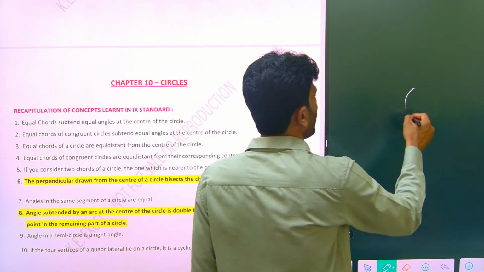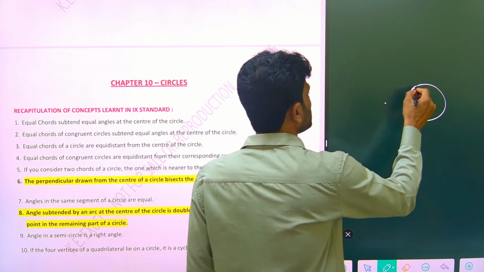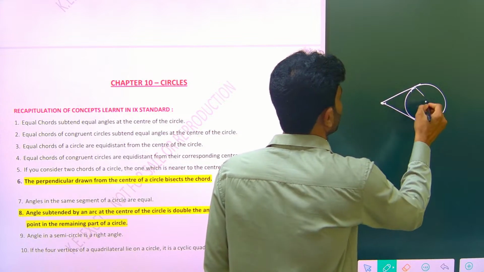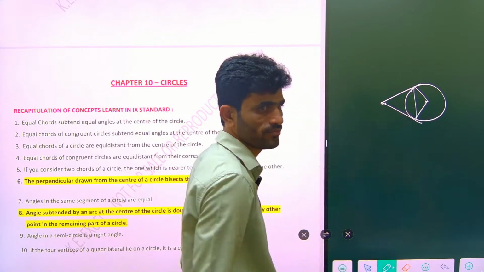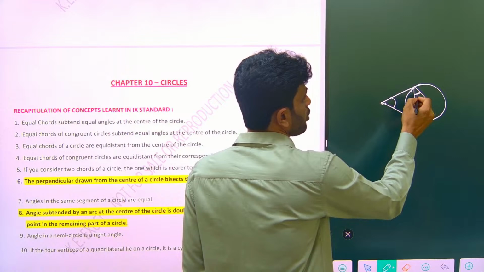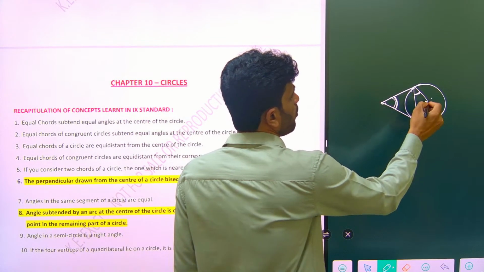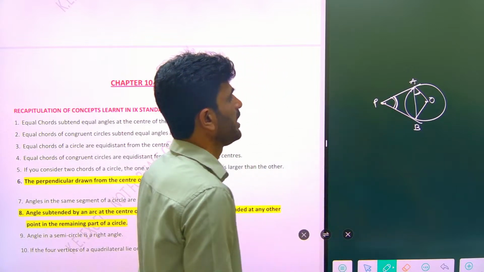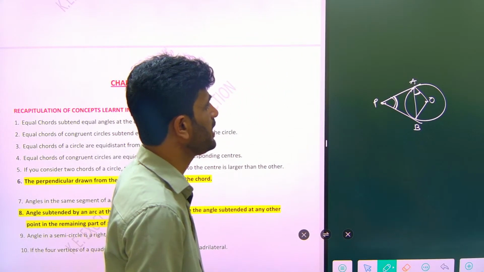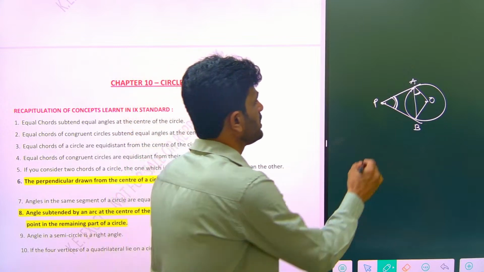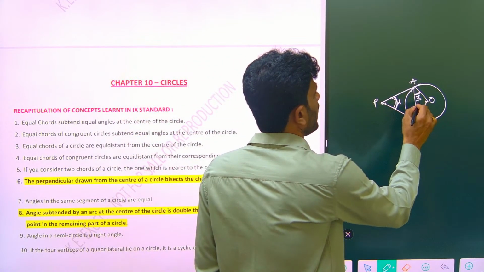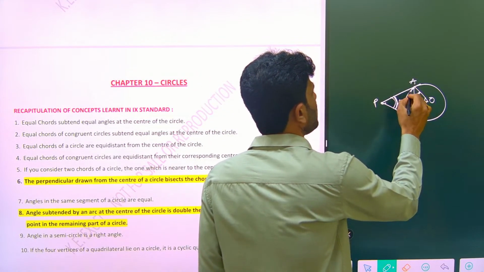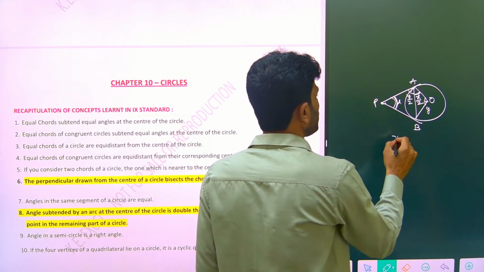Next, we have angle at the center like this. If you have this, we have one proof also. Like this, we join. This angle is half of this. Remember O, A, B, P. If you take APB, OAB is half of APB. If this is X, this will be X by 2. This is Y, this will be Y by 2. And one more, X plus Y is equal to,